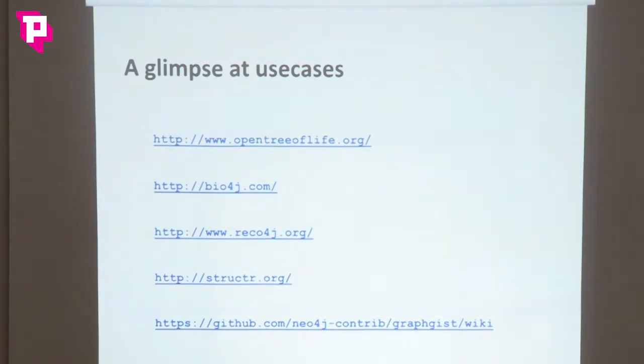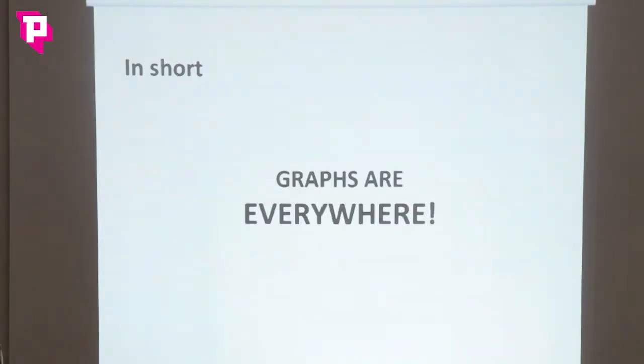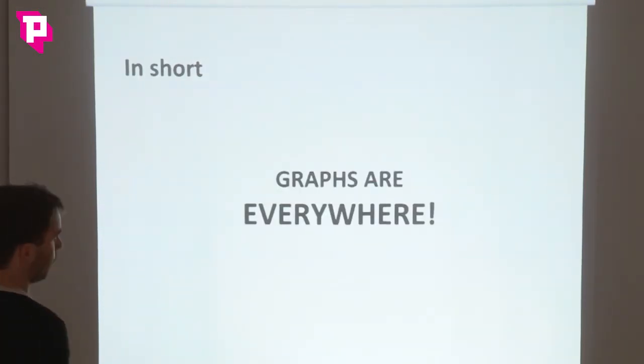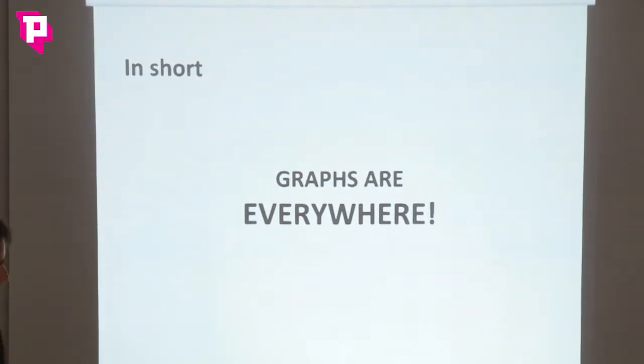I really invite you to check this link. You will find many, many different domains, that's actually crazy. I couldn't even imagine some of them, they were totally crazy, and yet it totally makes sense. Like Jira, for instance, Atlassian Jira was using Neo4j, how to use the graph, it's actually very simple. But again, that's one example among many others. So yeah, in short, graphs are everywhere. Maybe you don't even notice it, but really, the graph is very ubiquitous.